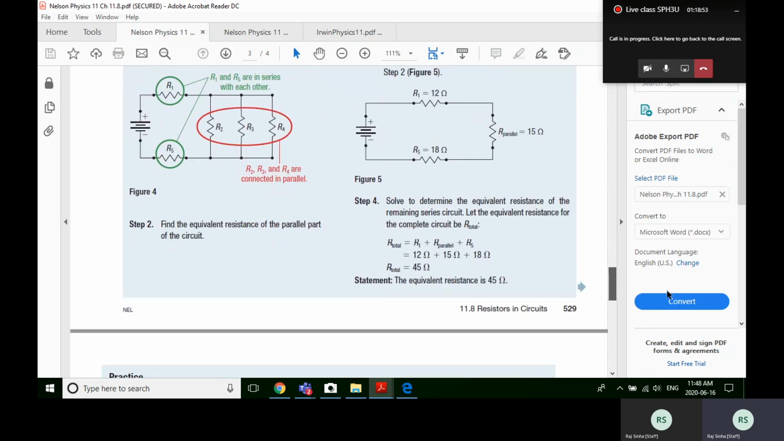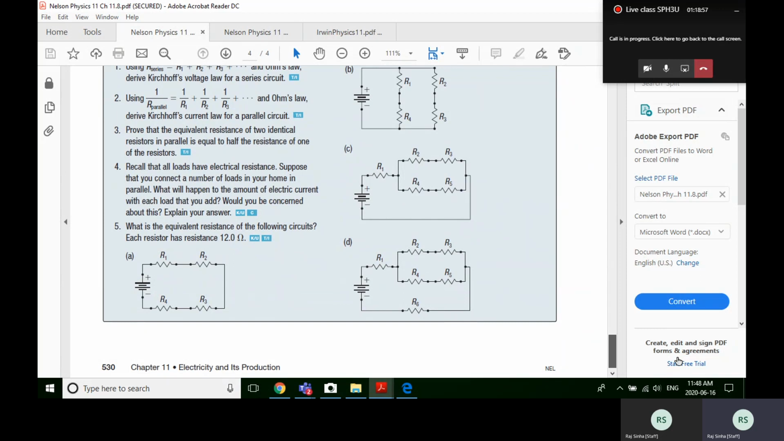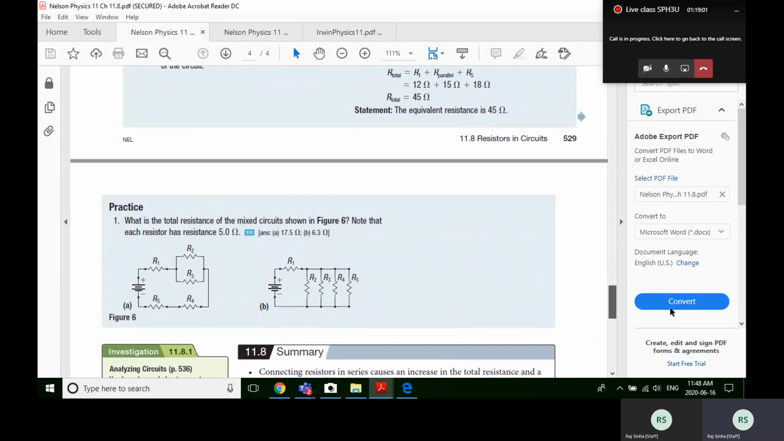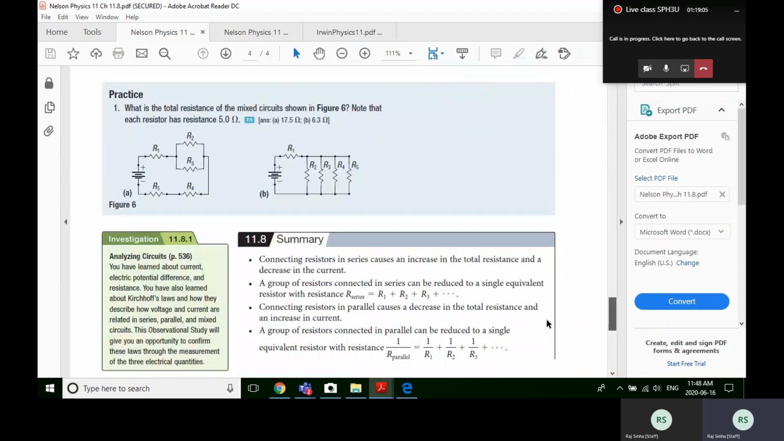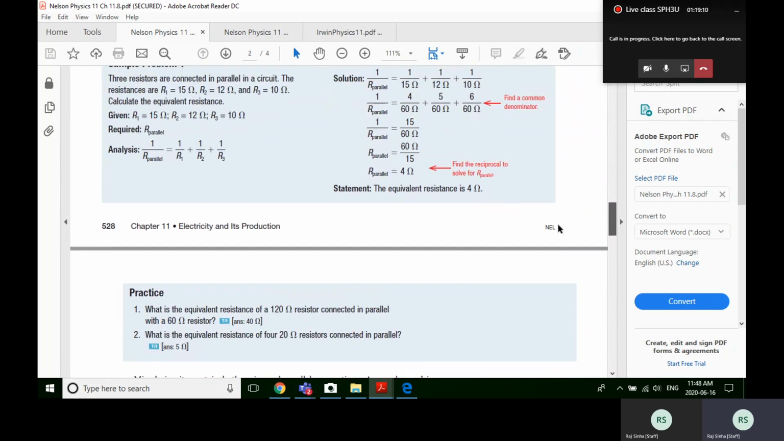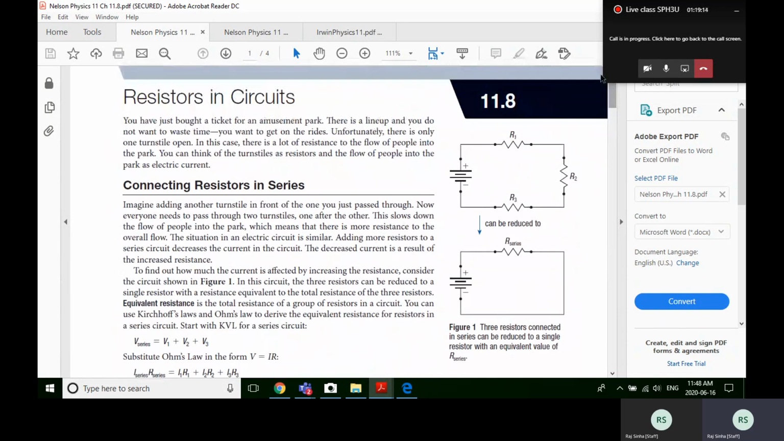Then there's another parallel tutorial there, right? And then there's some practice. I'd almost recommend just doing these ones up here because they've actually given you all the answers. Whoops, they've given you all the answers for the practice questions after tutorials 1, 2, and 3. And then once you finish 11.8 here on series and parallel circuits, then jump into